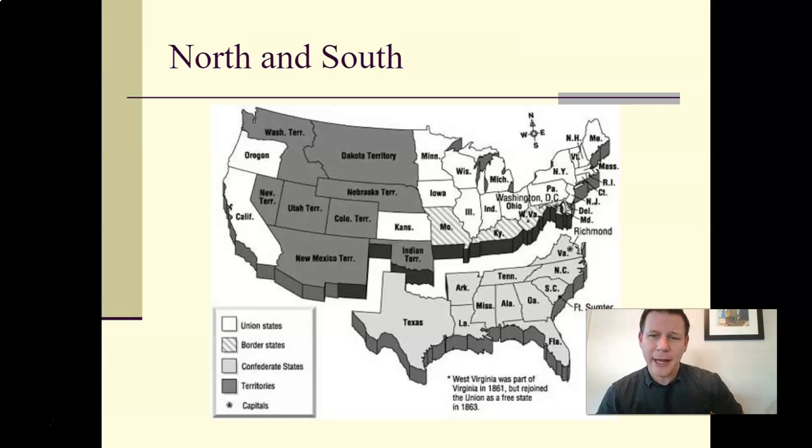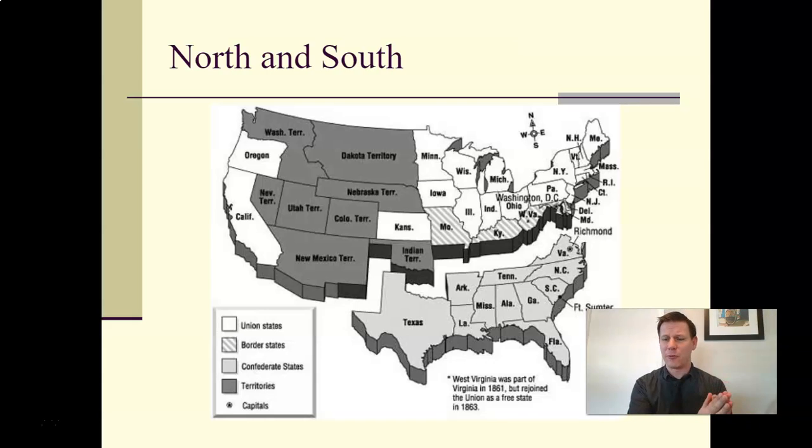So here's a pretty good map showing the differences here. As you can see, the border states in the middle with those little lines are in between the two sides. If they could, they would join the South, right? Because they're pro-slavery. But the North basically marches soldiers into them early on, occupies these states, and forces them to stay in the Union. They could leave for the South if they had the chance, but the North is hanging on to them through military control. So against their will, they're part of the Union.